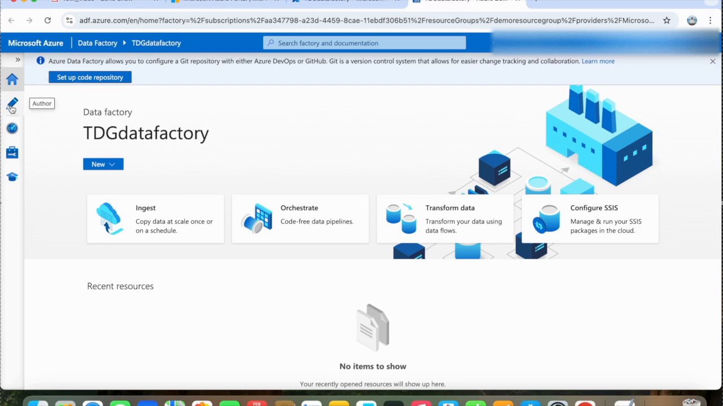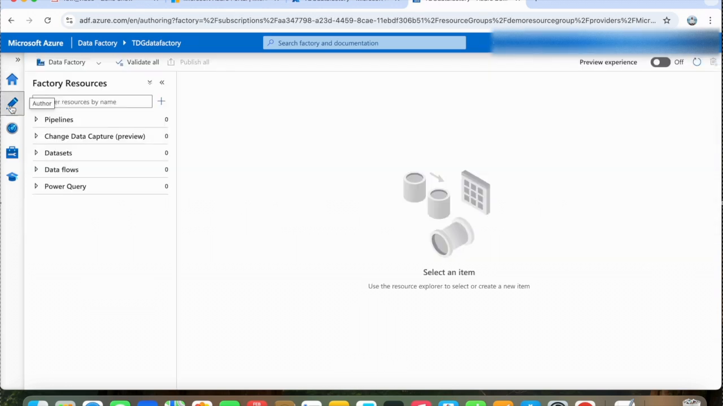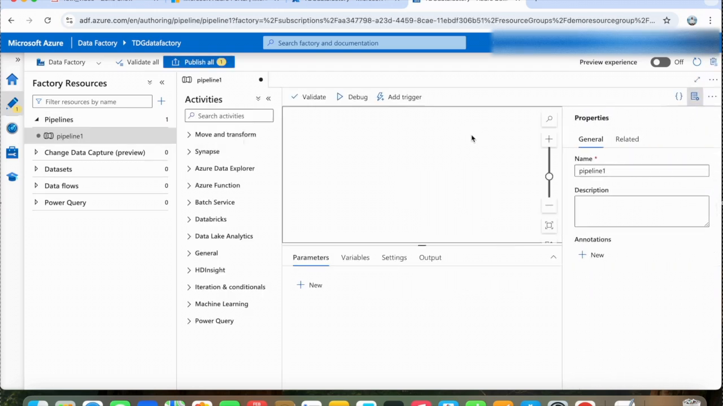Just click on this pencil icon. It is the Author. So once you click on this icon, this is the portion where you perform your development. So here you can see a few components like the pipelines, datasets, data flows, Power Query, CDC here. So this is what I was talking about, pipeline. So you have to create a pipeline here. We'll create a new pipeline here,